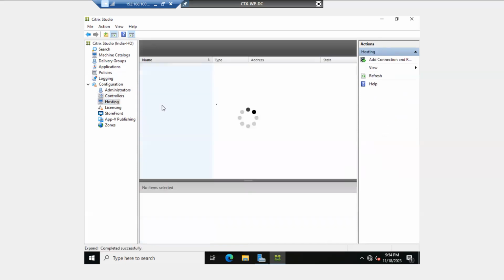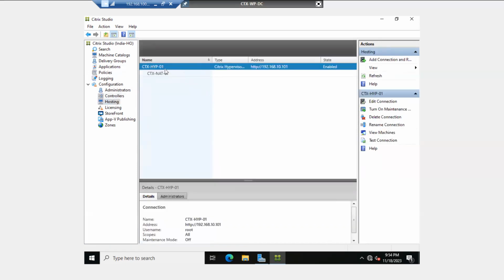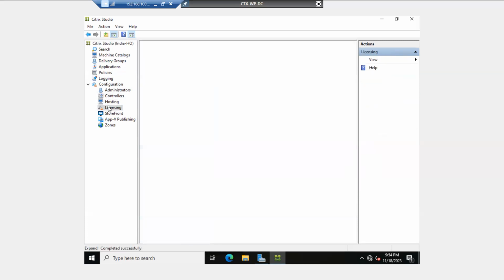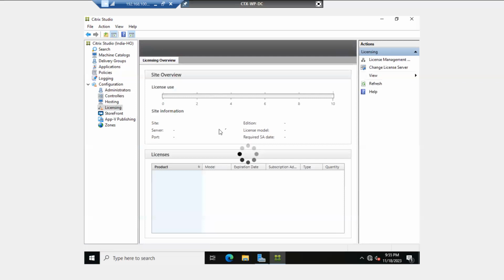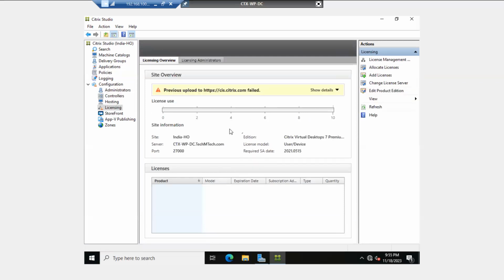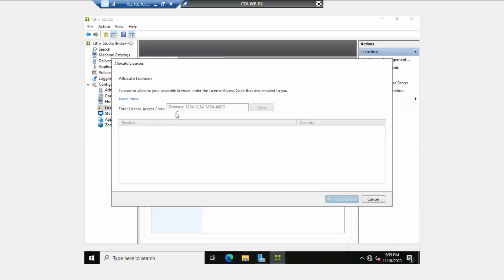Into the hosting part, you will get the list of your hypervisors. Here also a minimum of two is required for high availability, and more than two you will get for sure. Into the licensing, you will get license details. Right now we are running free of cost, so we have nothing here. As I told you, if you have to allocate a license, you can click on allocate license. You have to give some code and you can